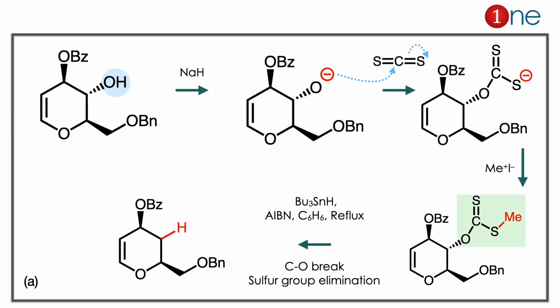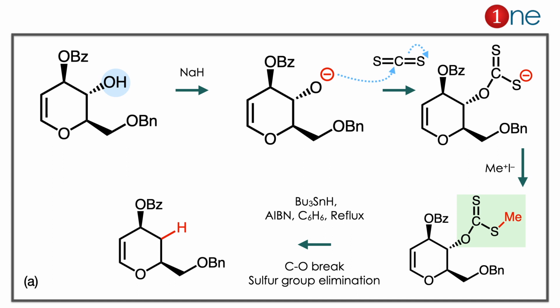The starting material has an alcohol, so you can think of alcohol reacting agents. Here the answer is A, which is sodium hydride, carbon disulfide and a radical reducing agent. Let us see how it happened. You are using a base, so you have the anion. Next step you are using carbon disulfide. The carbon is the positively charged one, which is like C=O. So O attacks carbon, and you have an ester kind of product. Then you are using methyl iodide. So methyl iodide compensates the negative charge there, and you have S-methyl formation. Next step you are using a radical reducing agent, it removes the O there. The C-O bond breaks, the sulfur group is completely eliminated, and you have product A.